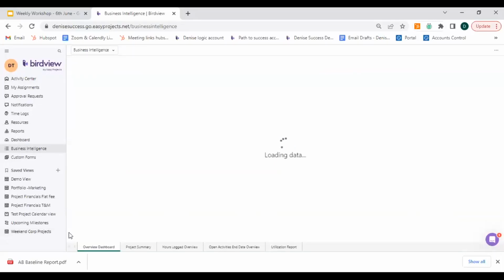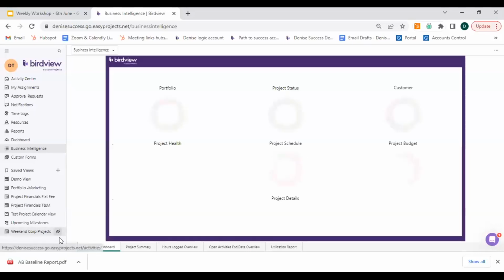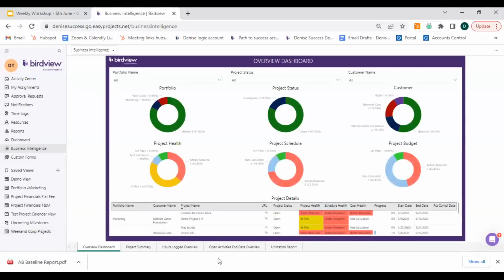And finally, we have our business intelligence section, where you will have a few pre-built dashboards within the system. Now, our topic next week is going to cover each of these pre-built dashboards in detail, so we won't go over it today. However, in addition to this, we do have a team that works specifically to build these dashboards out. So if there is a requirement that you have that's not part of those pre-built dashboards that you see within your system,